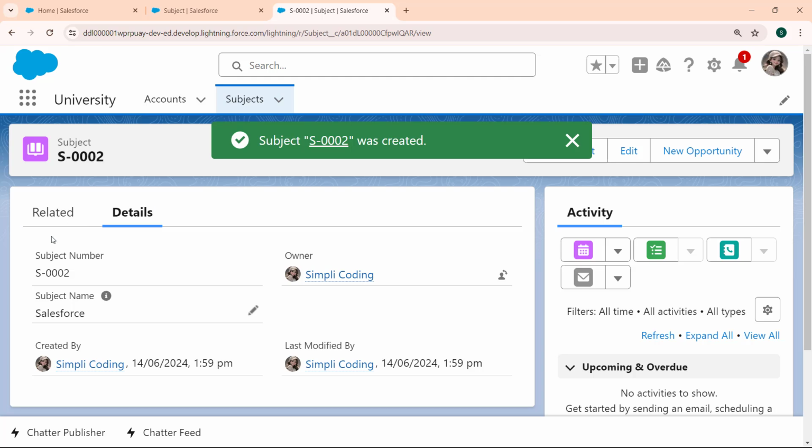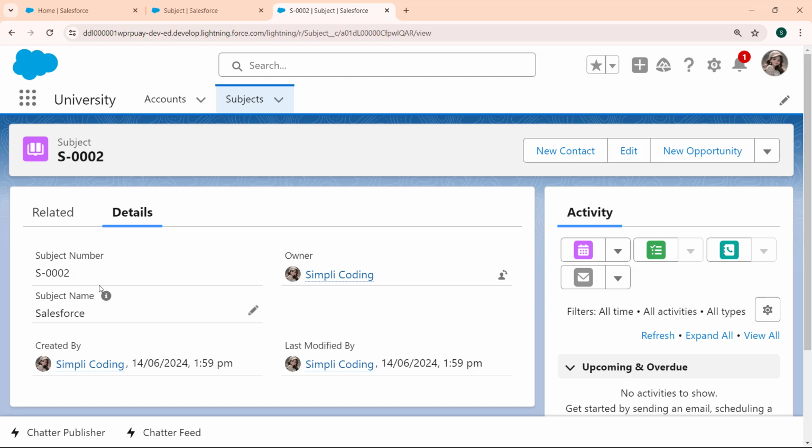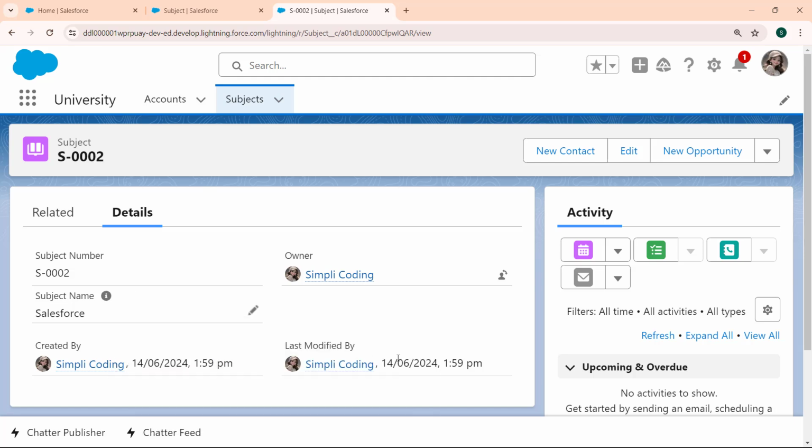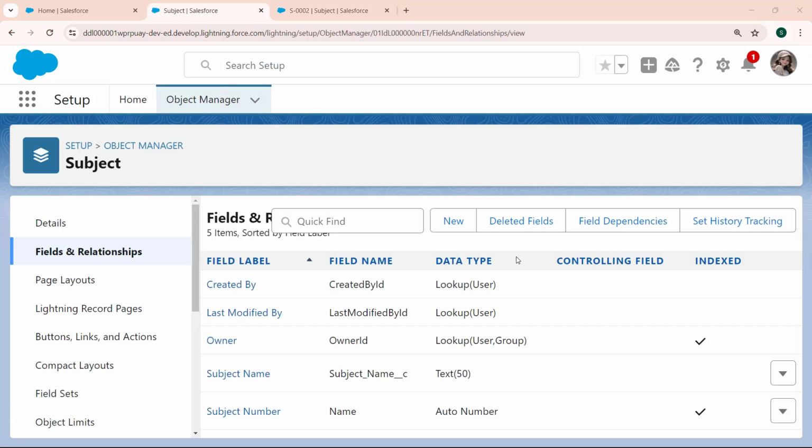You can see the subject number is automatically generated, and the subject name is Salesforce, and this is the owner that created this record, and created by this, and last modified by this. This way we can create fields on an object in Salesforce. If you want to create more fields, go back to the object and then click on the new button,